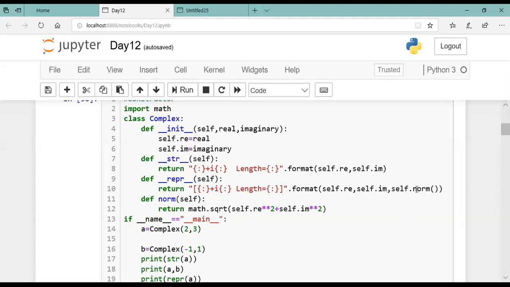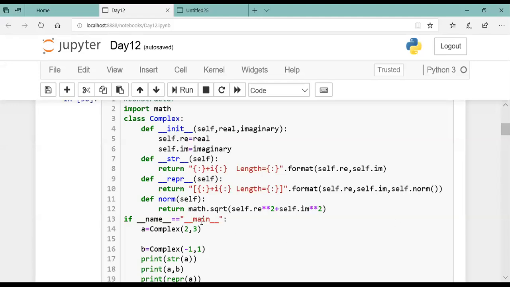That we have to see. Norm is a function which is called over here with the self keyword. Since you are calling it with the help of self, norm has to be a member of the class. This is the important point.